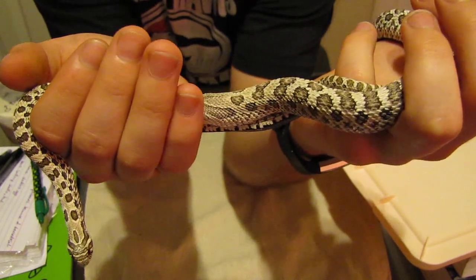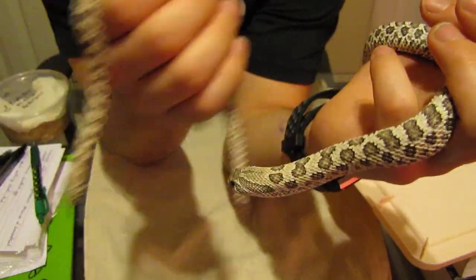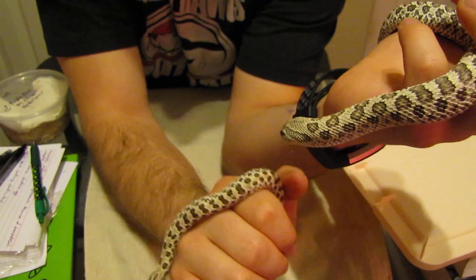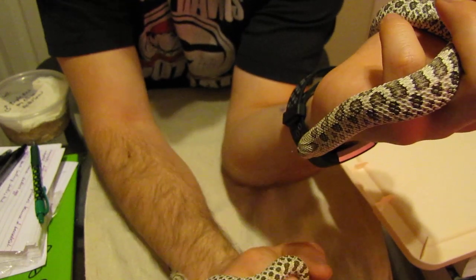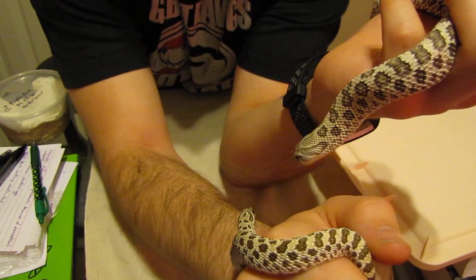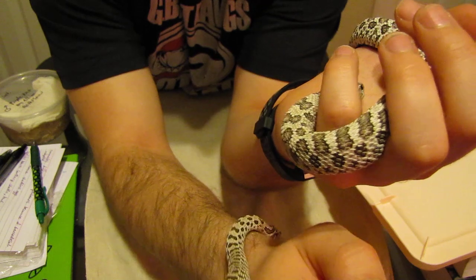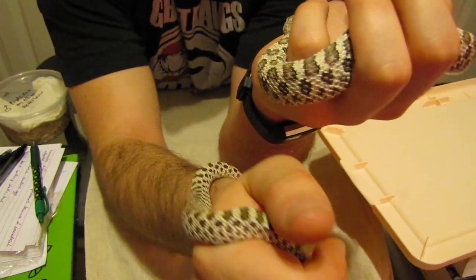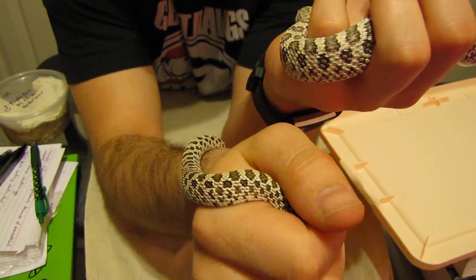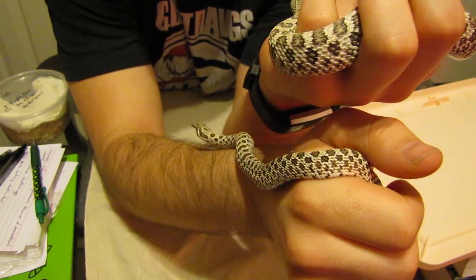But it's also going to be another thing I recently found out. He also just has all these sorts of different colors going on, but they're all kind of darker and almost black. But then she's just this really bright gray, and I kind of want to see what a Pastel Arctic looks like. So I'm going to be breeding these two together, and I should have a chance of Arctic